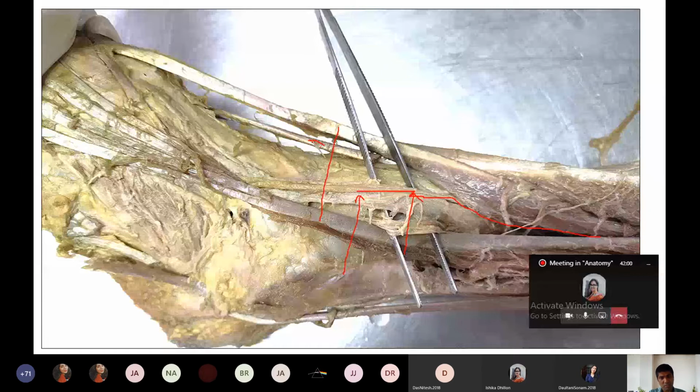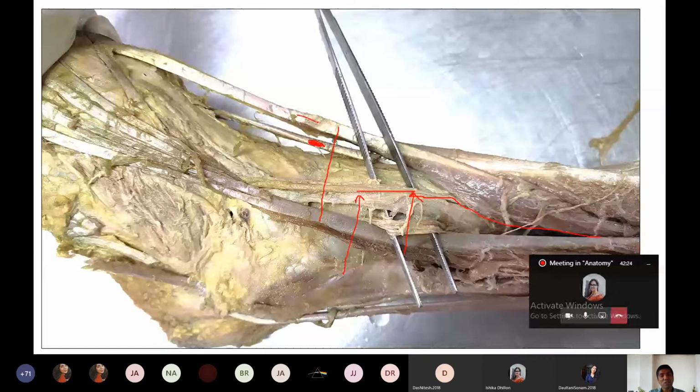Tibialis anterior, and then what is next? What is the mnemonic here? Can you remind me? Tibialis, never died. Oh, you have learned like this. Okay, no problem, that is also okay. You can create your own mnemonics. But here I'm telling you the name of the tendon. This one is the tibialis anterior.